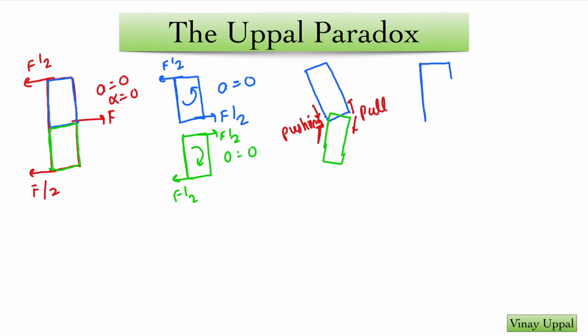If I were to draw the FBD of the blue section, you will have compressive forces created by the lower portion, which is the green half. On this dotted line, this will be the neutral axis where you will have zero stress. Similarly, the right half of this blue section is going to have a tendency to extend or elongate, and therefore the green rod is going to apply pulling forces on the right half. Once again, the dotted line is the line where you have zero stress.